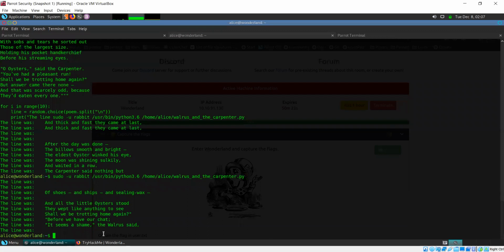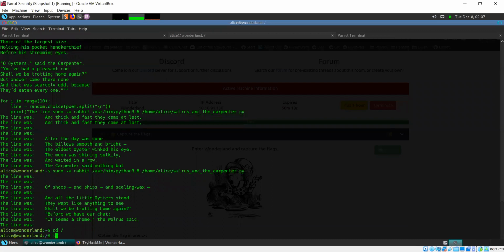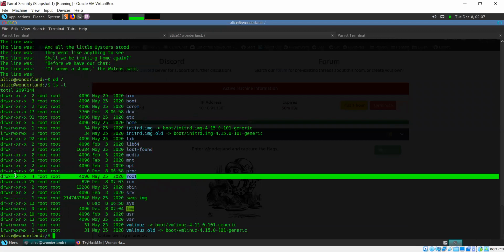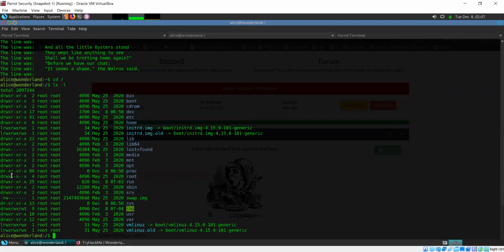So let's check that out. Let's check the permissions for the root directory. Okay, this is the root directory, take a look. Normally, you just have read, write, and execute permissions for the root account on this directory, but we also have execute permissions here.